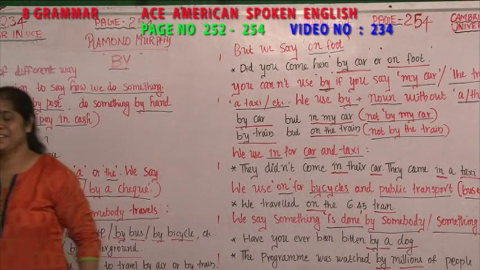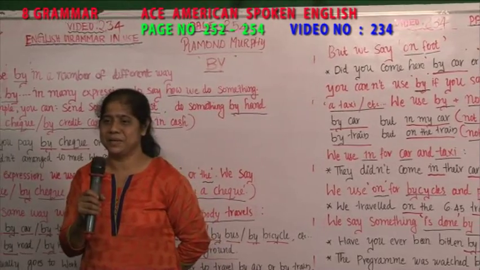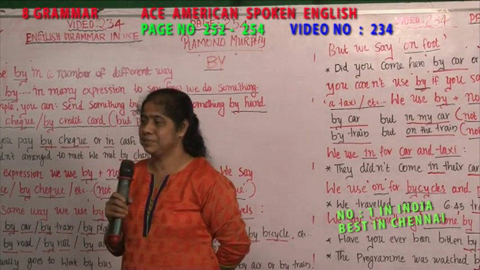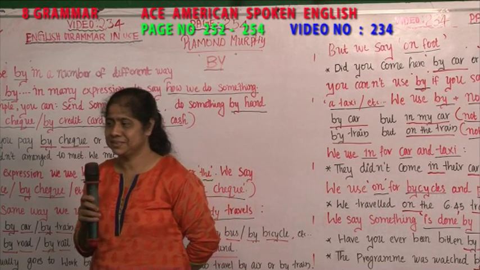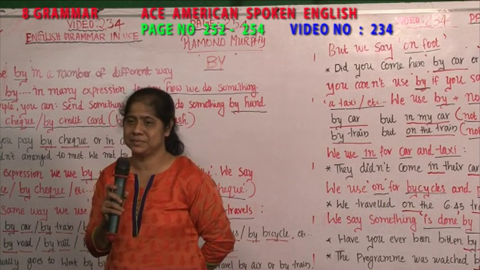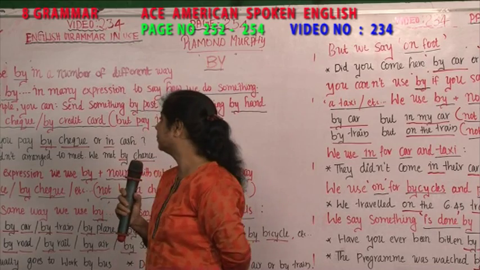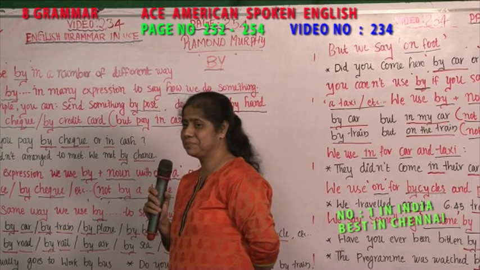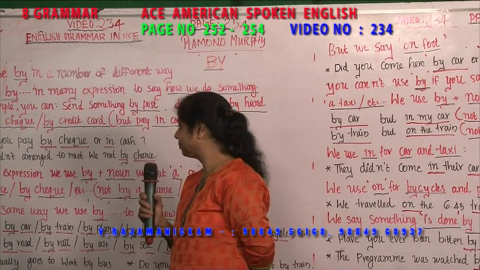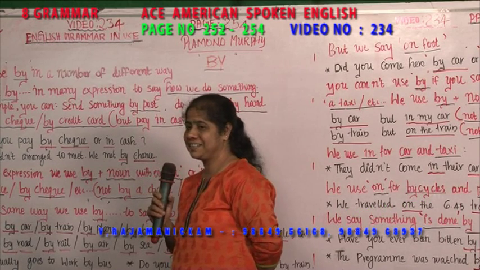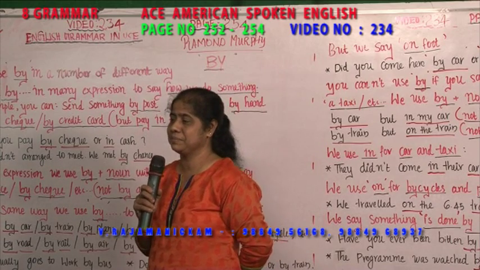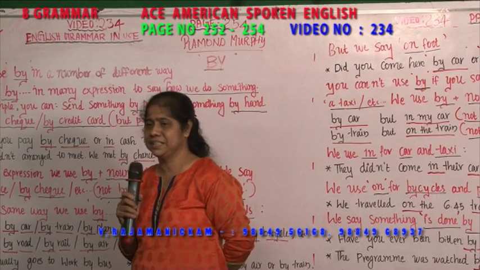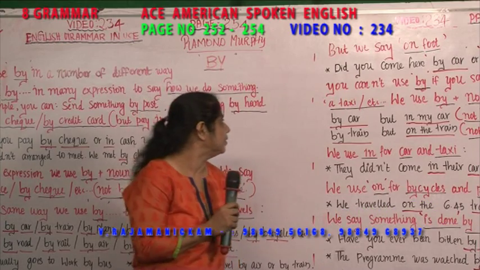I am Vinaya from Mangalore. By is used for something does something by nouns, by hand, by cash, by credit. In cash, by credit card. I came from Mangalore to Chennai by train. By train. Good.